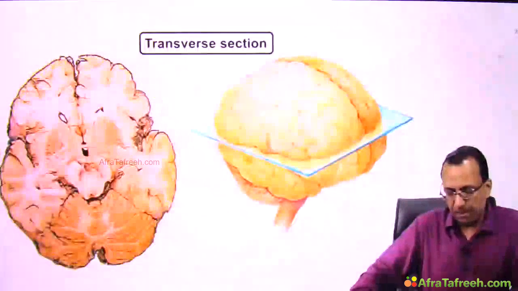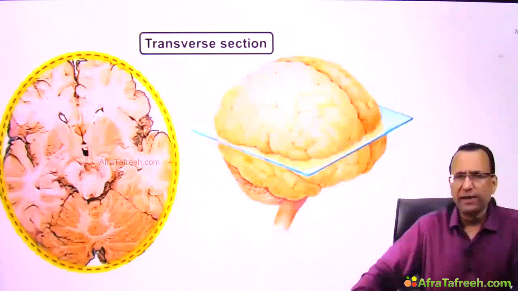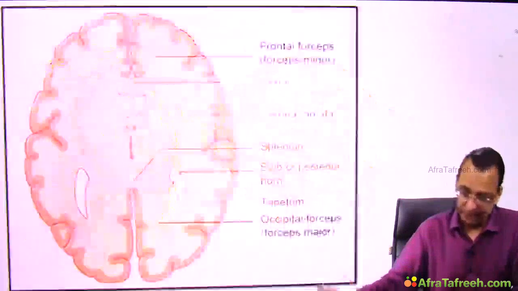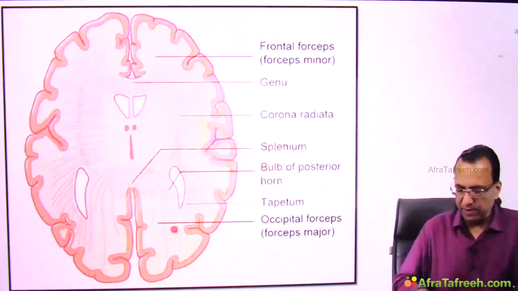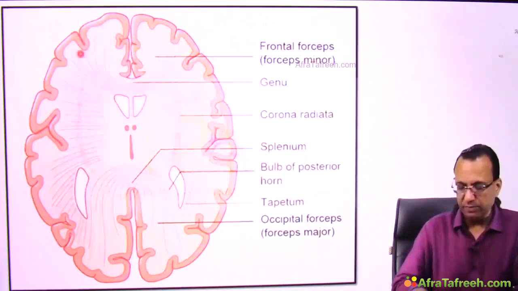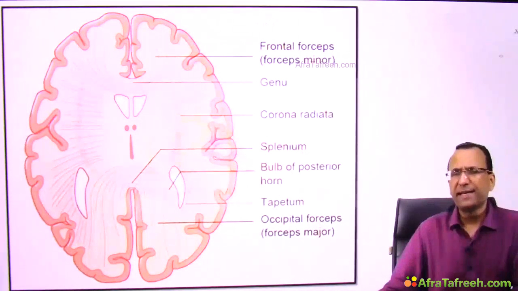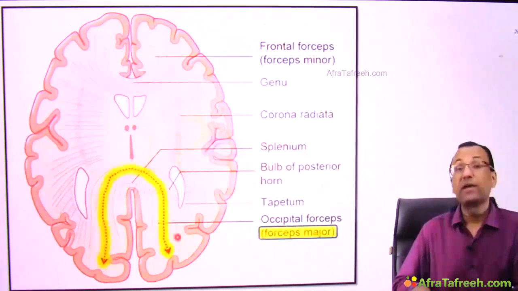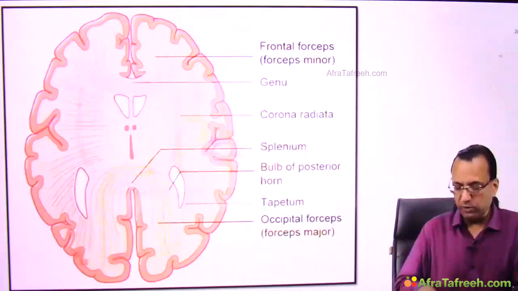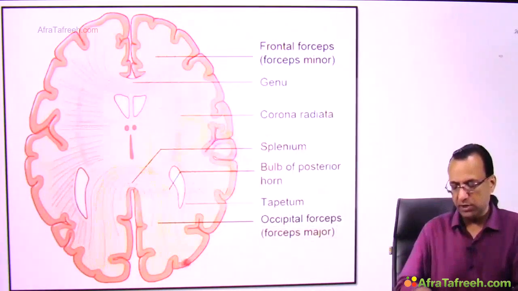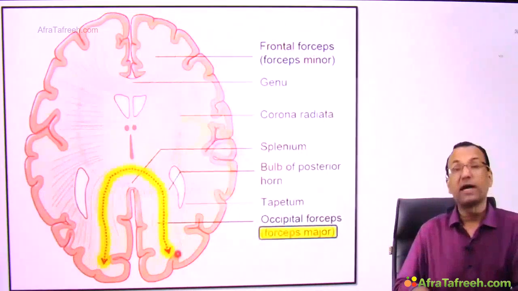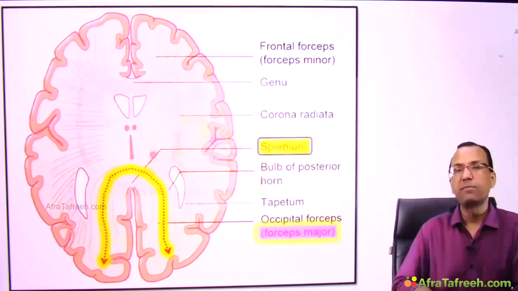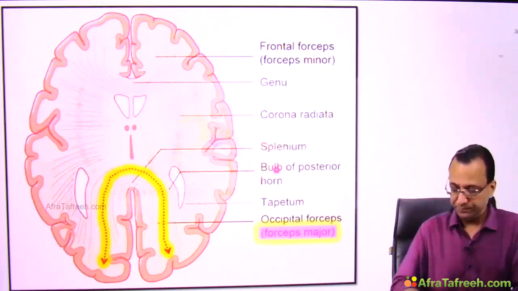And what about the corpus callosum? We want more details, so that's why we are taking a transverse section and looking at the superior view of the brain. There you will find some axons connecting the right side of the brain with the left side of the brain. You find there is the forceps major. What is forceps major? It is a bundle of axons connecting the occipital visual cortex from one side to the other side, right and left occipital visual cortex connected by forceps major. And the fibers will be passing in the splenium part of corpus callosum.